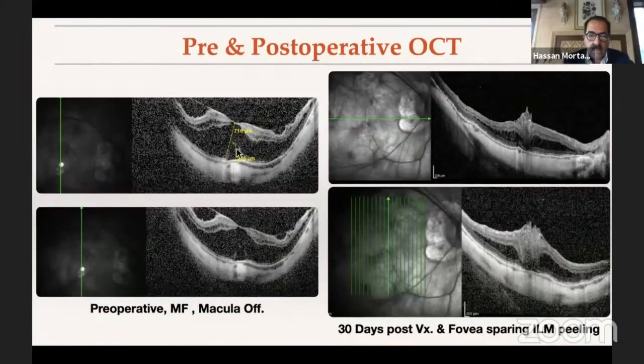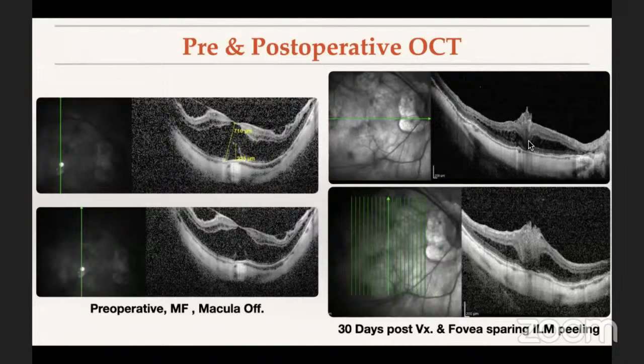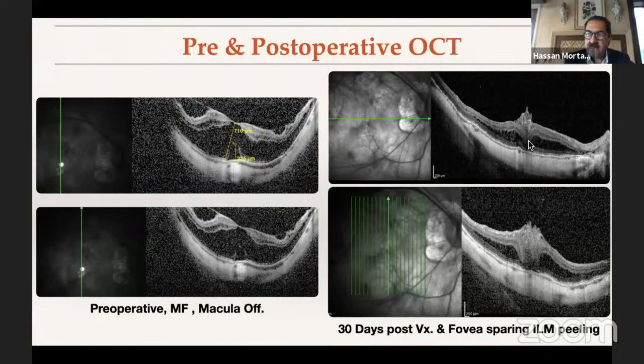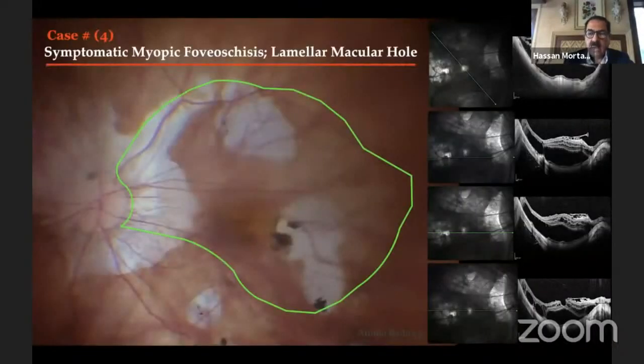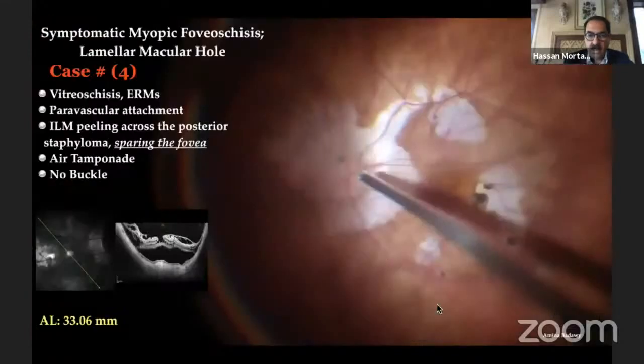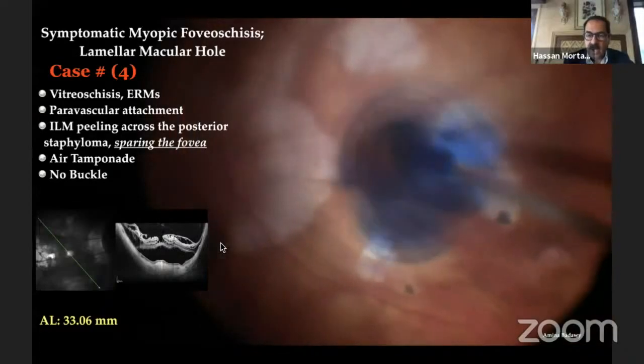fovea. This is the preoperative with the macular detachment, and this is 1 month after the fovea-sparing ILM peeling, and air was used in this case. This is again a case of myopic foveoschisis. There was a myopic lamellar macular hole seen here, and I injected brilliant blue